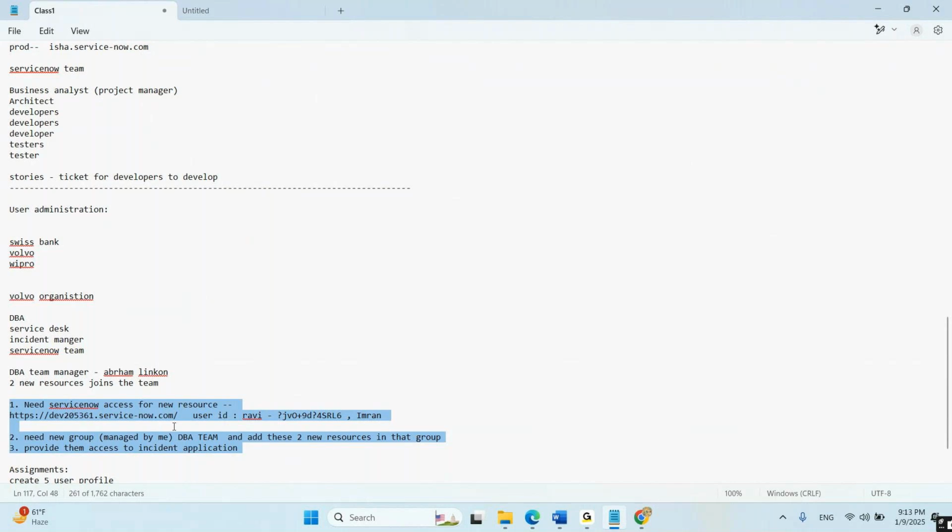So you will give the user ID for Ravi and Imran, but not the password, because generally we give that in a separate email. Correct. So the password will be sent separately to both the users, Ravi and Imran. But the user ID can be replied to the first email, which was sent by